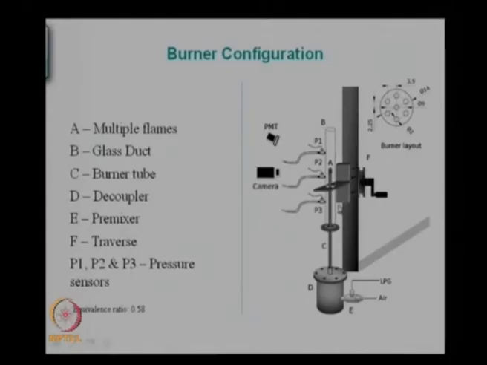So all we have here is a pre-mixer, as we are looking at a pre-mixed flame. We are mixing LPG and air here, bringing it into a decoupler, which is like a large volume to stop the fluctuations and make everything uniform, and then you send it out through this tube. There is a burner here, and you can either have a single Bunsen burner type flame, or you can have more fancy things like multiple burners. So you can have multiple flames